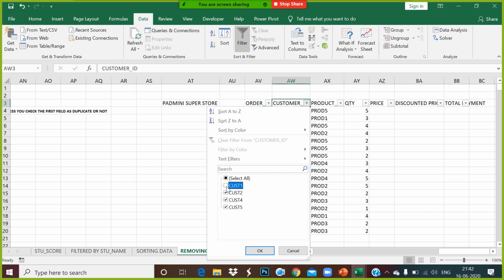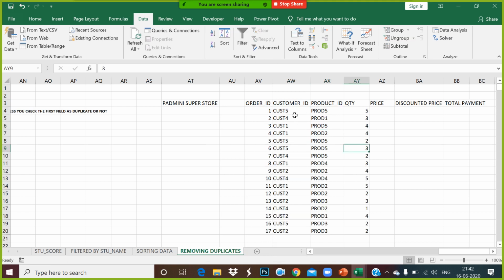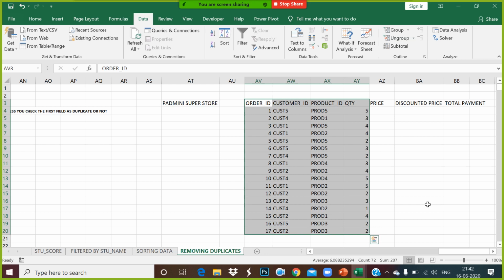So your same customer might have ordered 4 times. Can you see that? 4 times could be the same product or the same product multiple times, right? Now, in this case, tell me, looking at this data, whether your data is duplicate or unique. This is unique because the order ID is unique.